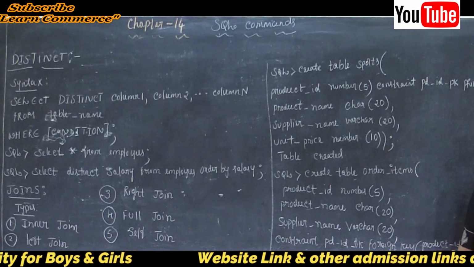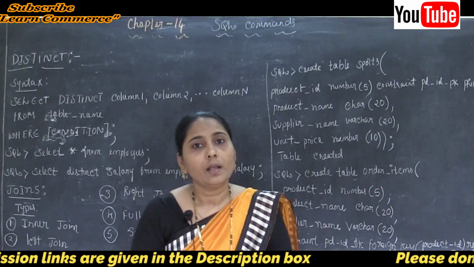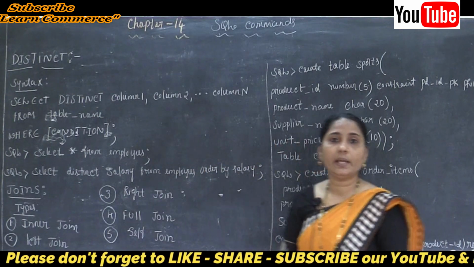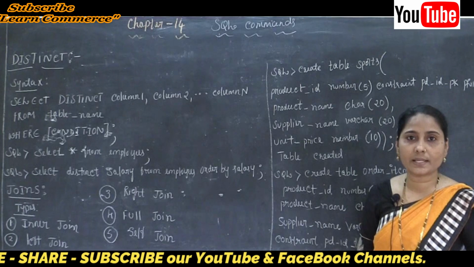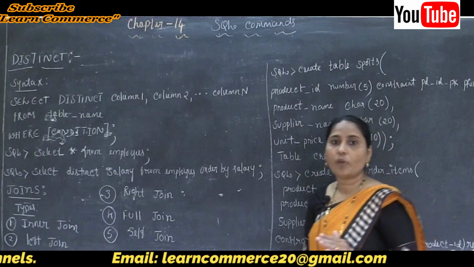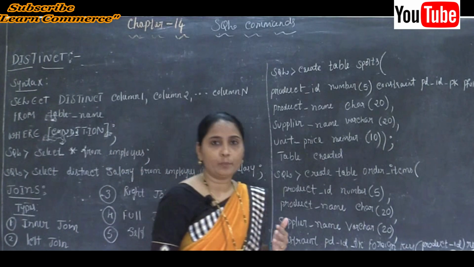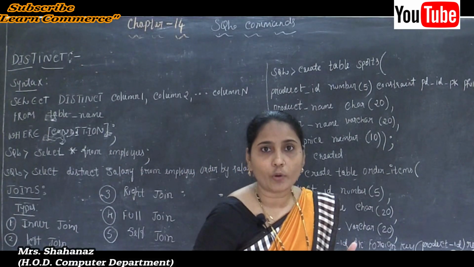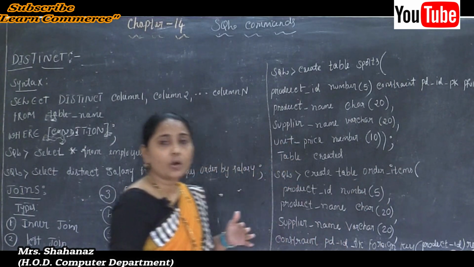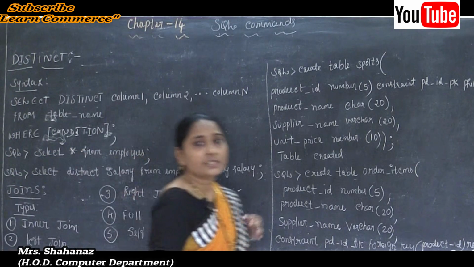And there may be a situation when you have multiple duplicate records in a table, and it makes more sense to access only the unique records instead of the duplicate records. Maybe the salary value 40,000 is coming 5 or 6 times in the table employees, but I want to access such a salary value only one time. I don't want to show such a record again and again. So by using the keyword DISTINCT we can perform this task.